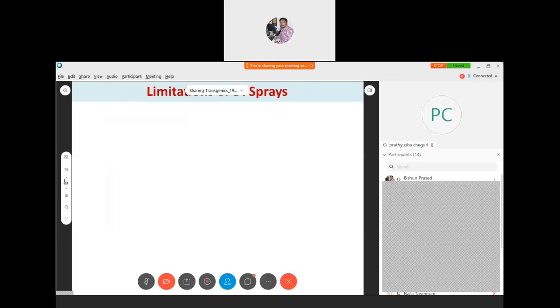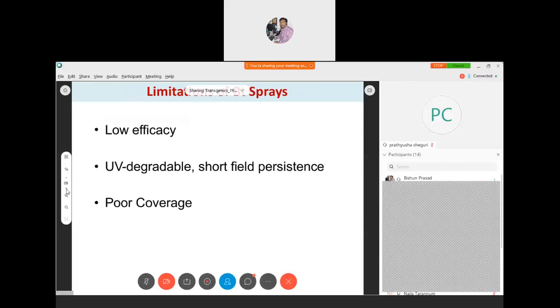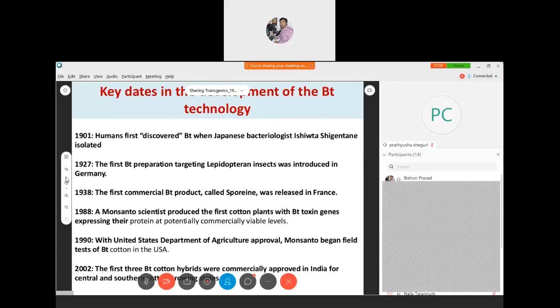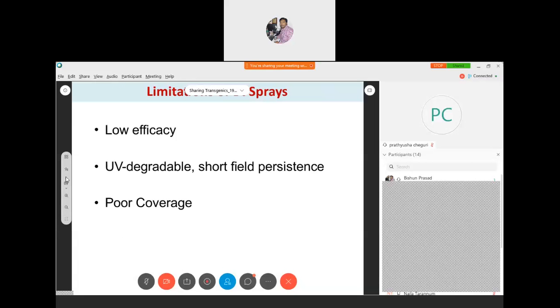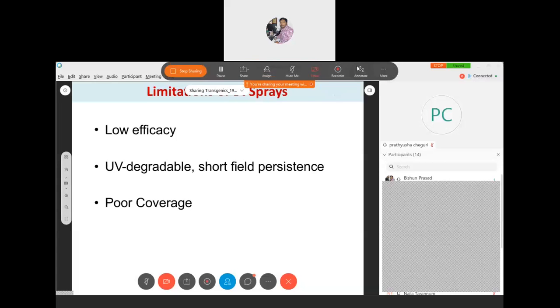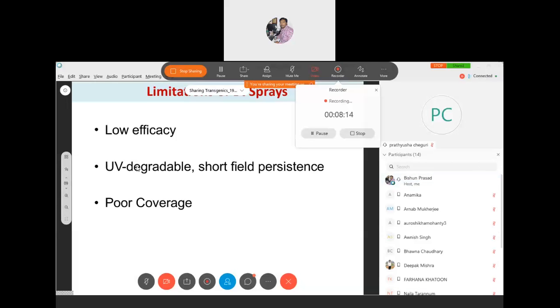And then initially, whenever these transgenic strategies were not used, people were using the Bt gene for spraying purposes. You can also use this Bt protein, and you can spray this. You can make the formulation, and this can be used for spraying against the Lepidopteran pest. But the problem with spraying is it has low efficacy, because whenever you spray, there are some plants which will not get this Bt formulation or Bt protein, so its efficacy is low.